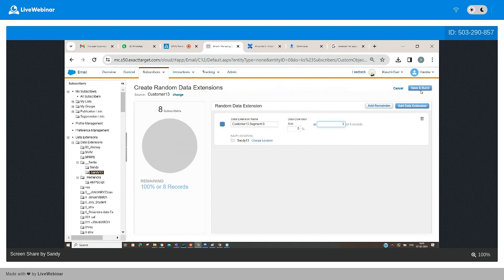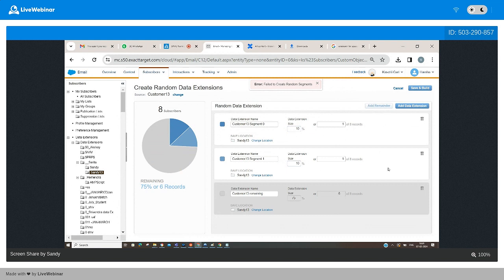Record 3, fail to create the random data extension, random segmentation. We can decrease our size here. Okay, 10, 10, like that. Add reminder. We can add the reminder for the one record, 6 record. And previously see, without reminder, if you'll notice that one, it's not showing that record part. If I'll remove that one,